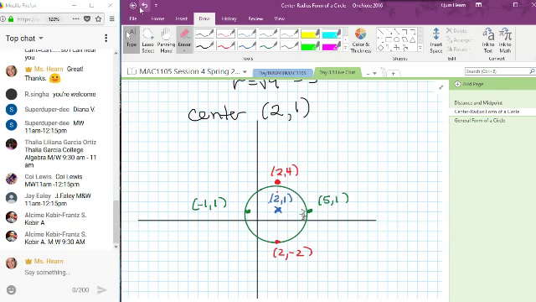Okay, we had a radius of 3, so you're going to go up 3, to the left 3, to the right 3, and down 3 to get your 4 points. All right, now, one thing that's tricky with this formula